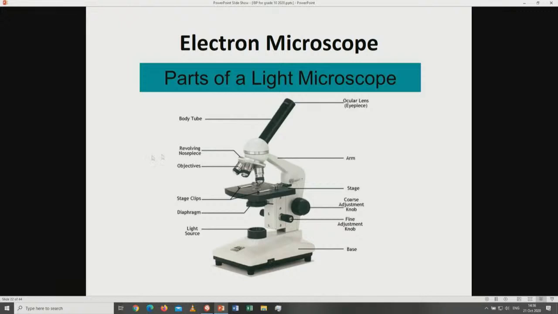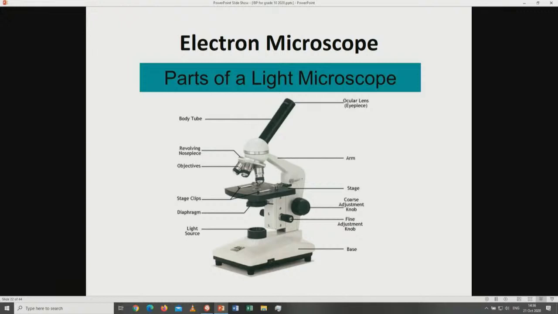So now the main purpose of the objective is also to magnify the size of the specimen. Together with the ocular lens, the objective magnifies the size of the specimen. We have the stage where you can put the slide of the specimen that will be viewed using a microscope, and we have the stage clips that will hold the specimen on the stage, preventing the glass slide from moving,